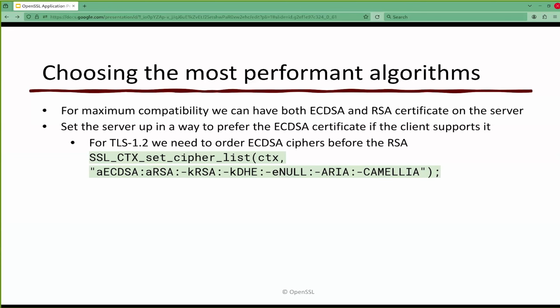To do that, we actually have to explicitly list the ciphers that we want, the groups of ciphers. So the aECDSA and aRSA in this cipher list string are explicitly stating ECDSA ciphers first, RSA ciphers second. And we remove all these because if you do the cipher list this way,